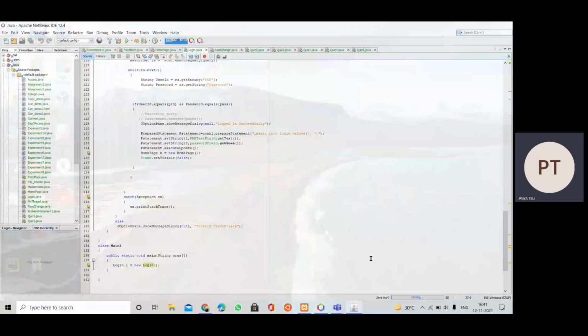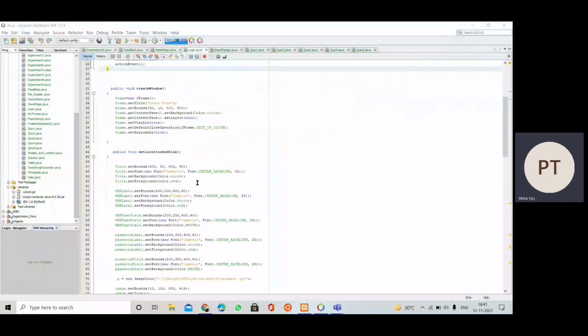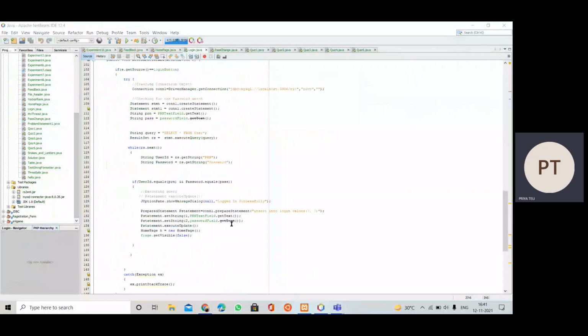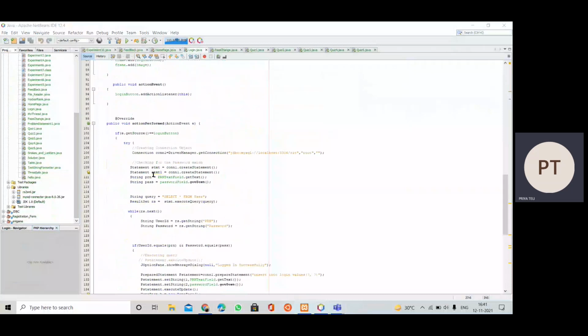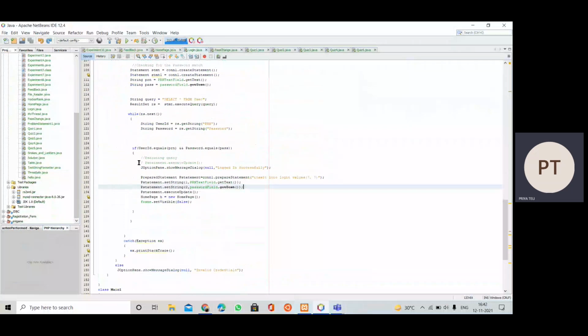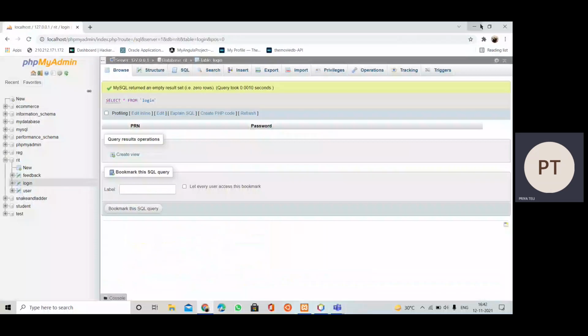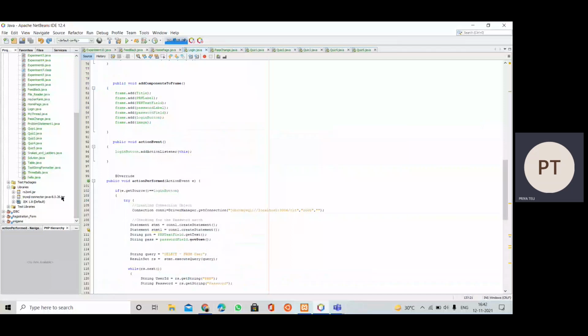So in this way, one more important thing: whenever we have a JDBC program, which is a sub program inside this, and we are performing queries, we need to import the MySQL connector inside our Java program. So this is a jar file, the MySQL connector Java jar file, which we have imported inside our project in the library section.